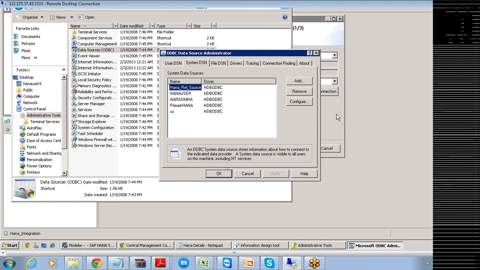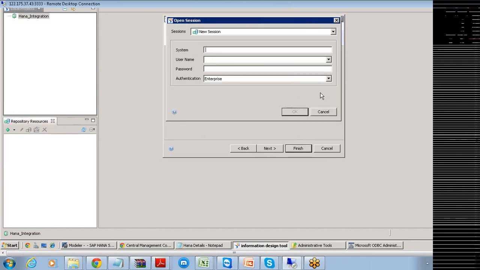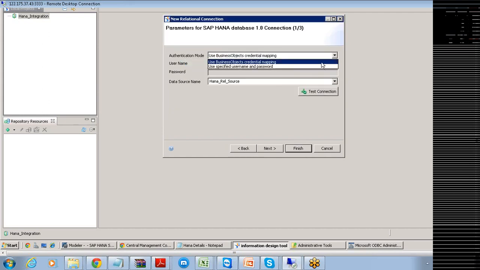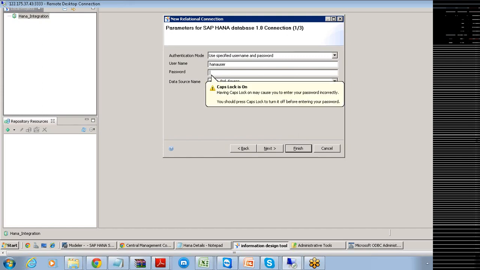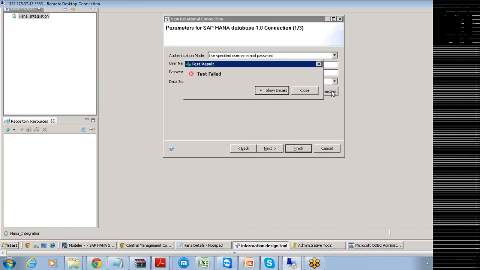HANA underscore REL underscore source. Change the authentication mode. We need to specify use specified username and password. HANA user. Okay, this is welcome 1, 2, 3. Test the connection.